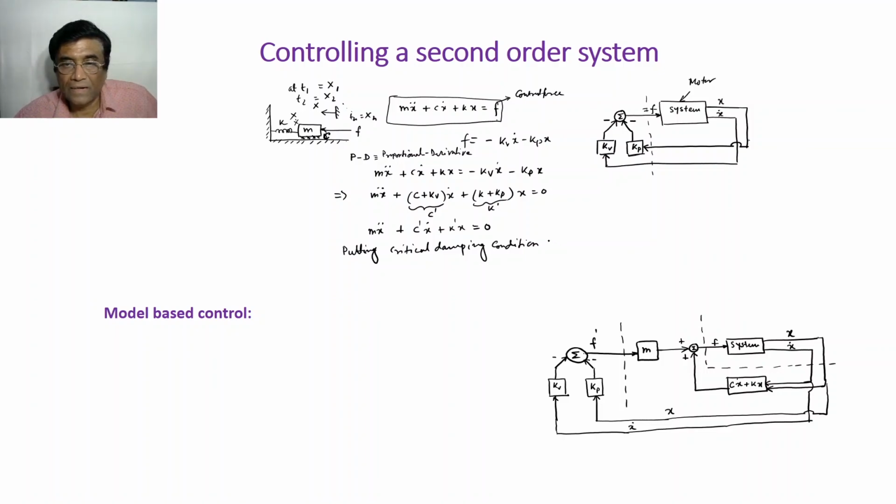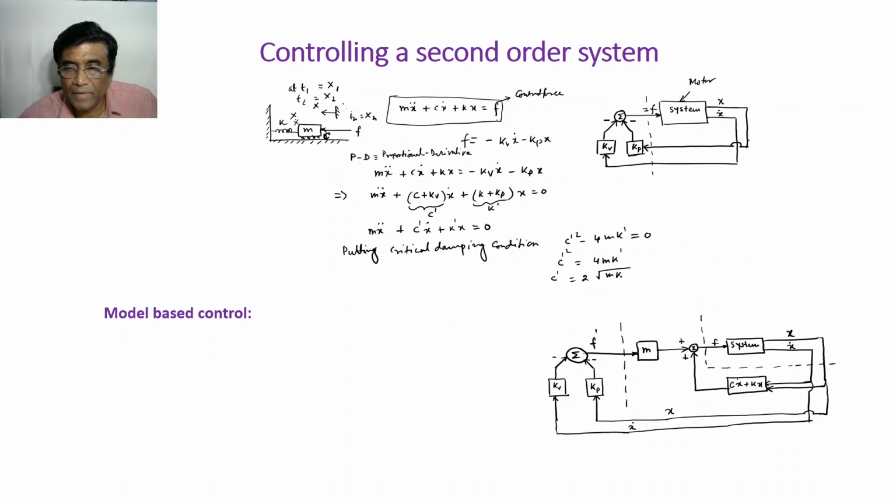What is that? Under the discriminant root, C prime square minus 4 M K prime, so this has to be 0. So what is that? Equal to 0,